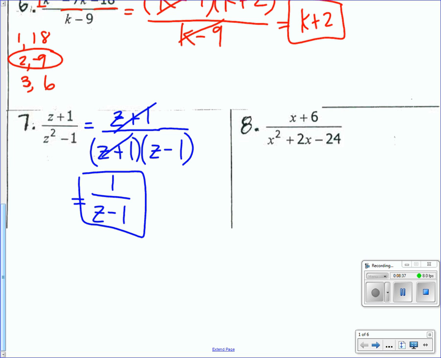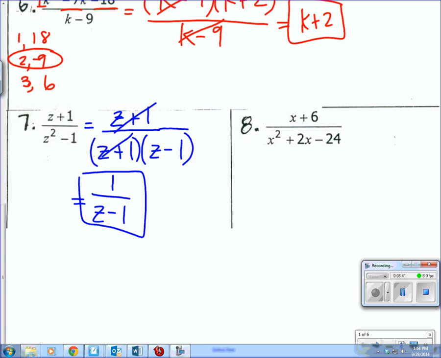Okay? All right, everyone start number 8 on your own, please. All right, the numerator of x plus 6, can we factor that at all? Nope, so we're just going to leave that as x plus 6. But the denominator, since that's 1, then we can just go factors of negative 24 that add up to 2. So positive 6 and a negative 4, right? They add up to positive 2 and multiply to be negative 24. So then we can cross out